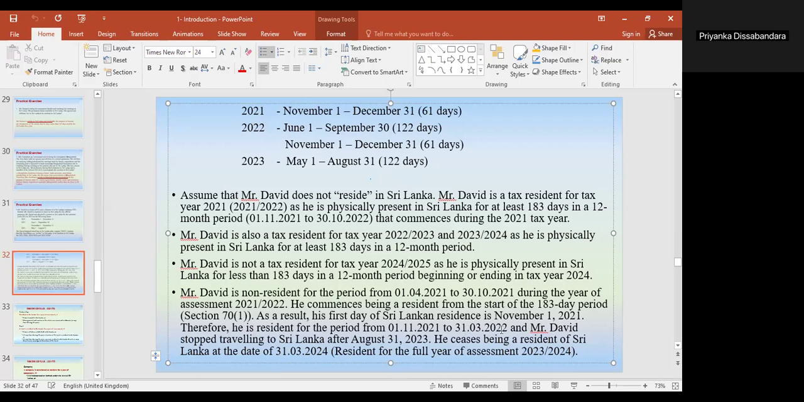year of assessment, we can consider this person as resident. And after that, he ceases being a resident of Sri Lanka at the date of 31st March 2024. Resident for the full year of assessment 23-24, he is non-resident. එතකොට